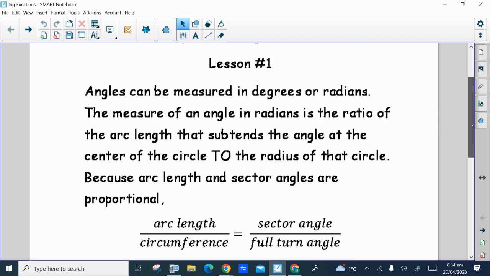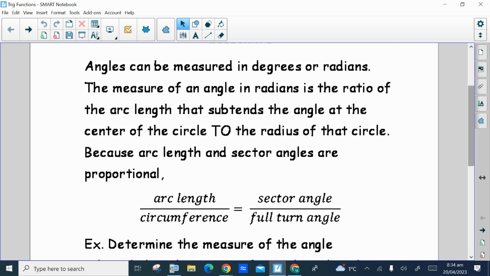But first, trig functions. You saw in 30-1 that angles can be measured in both degrees or radians. The measure of an angle in radians is the ratio of the arc length that subtends the angle at the center of the circle to the radius of that circle. Because arc length and sector angles are proportional,